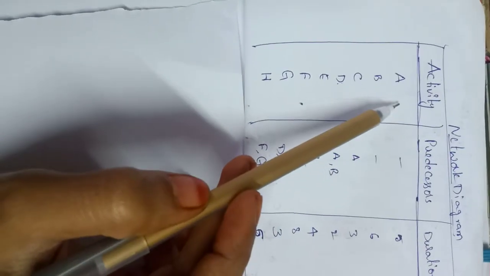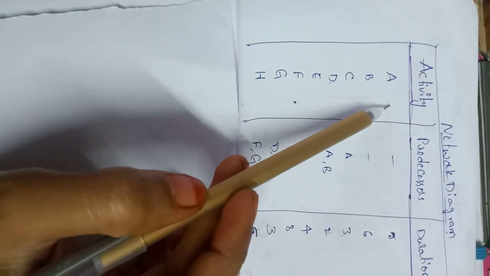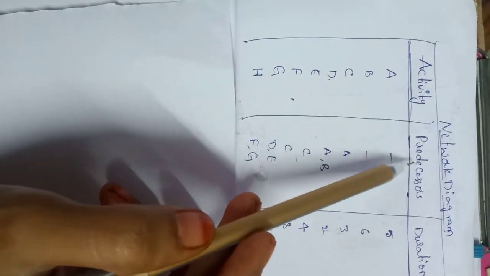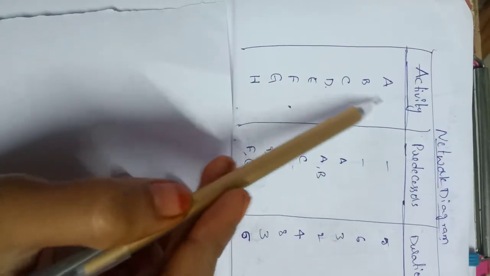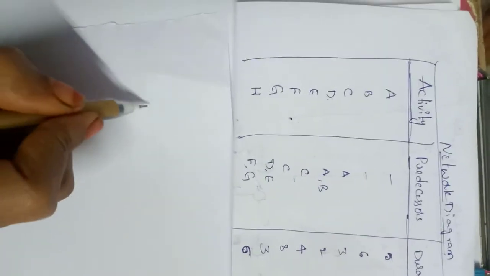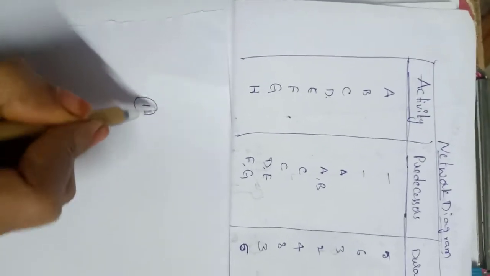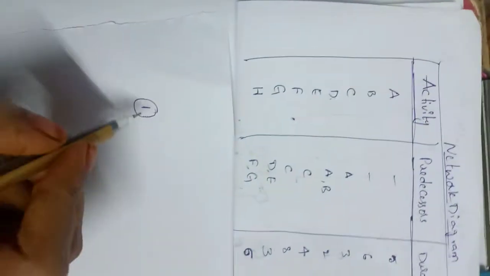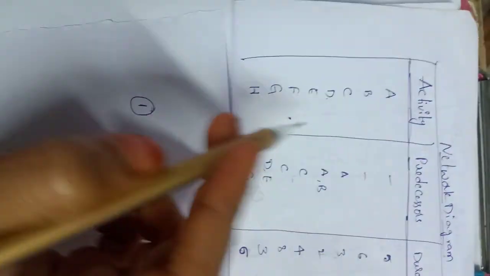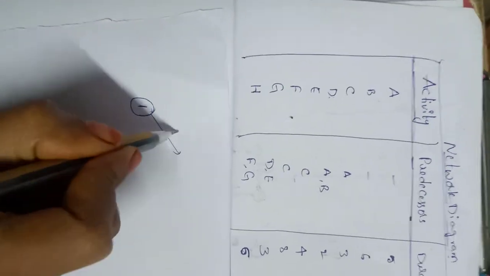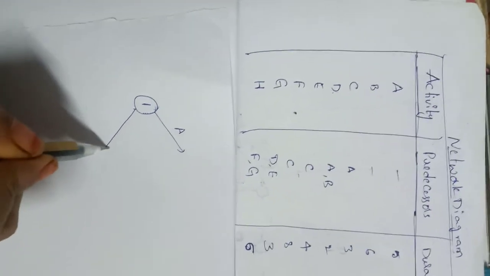So here they have given us the two activities A and B. For this A and B we will not have any predecessor activities. That means these two start at one time, that is at first. They will be starting at the first node. So we have to draw them. We will now draw an activity on arrow network. From this node 1, these two arrows, activity A and B, are emerging.